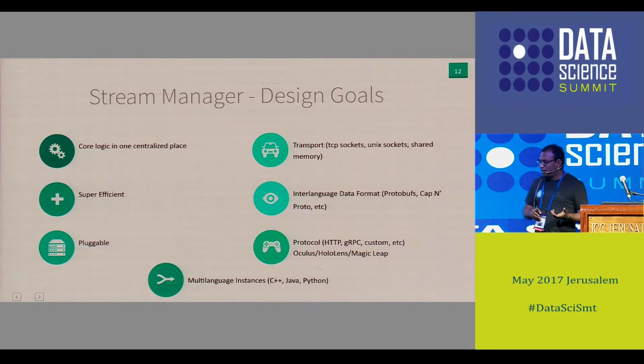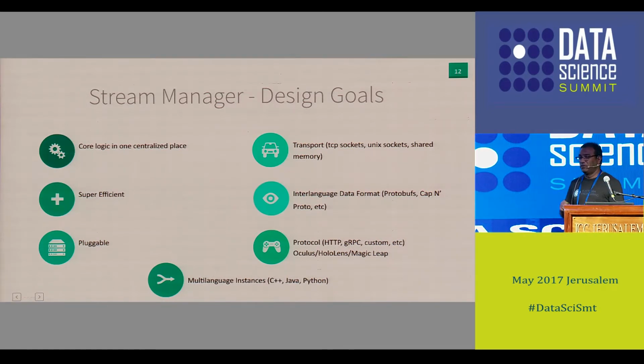Similarly, we wanted to introduce some kind of inter-language data format, something like protobuf. How many of you have heard about Cap'n Proto? It's highly efficient and very fast indeed. And there is a new thing called FlatBuffers also, similar to protobuf, but FlatBuffers is supposed to not need serialize, deserialize. Once the data is put down in the format, you can just ship the data as it is, and you can load it in that other memory and just access it. There's no notion of serialization, deserialization as well.